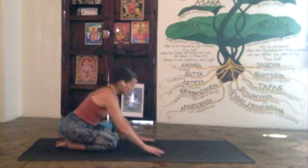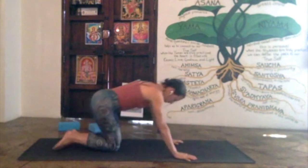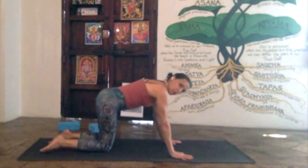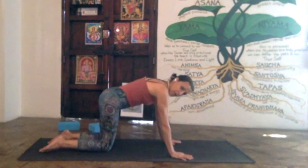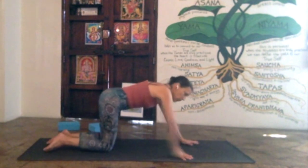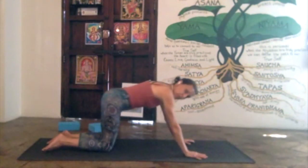Take one more breath here. Good. And then come back to the center. From here, walk your hands back and your knees under your hips. Now, if your wrists tend to feel tired in cow pose, what can you do? You can walk your hands forward in front of your shoulders, and that'll take some of the tension off of